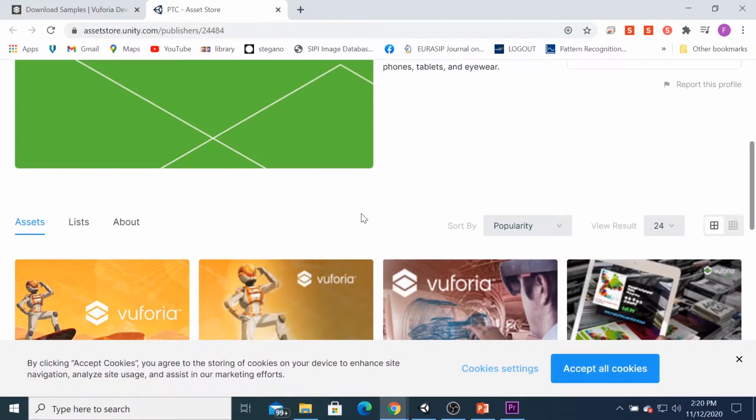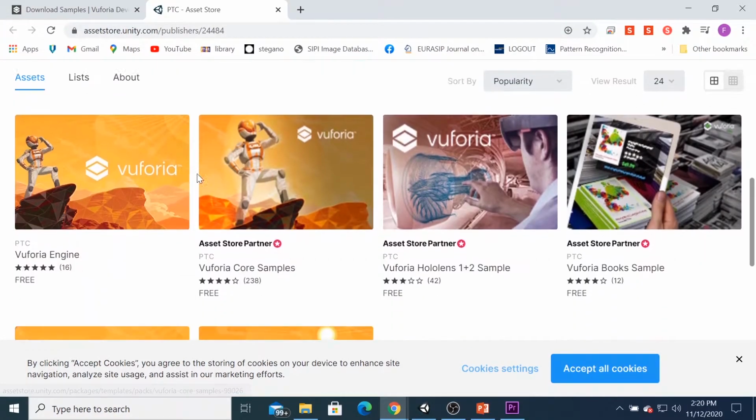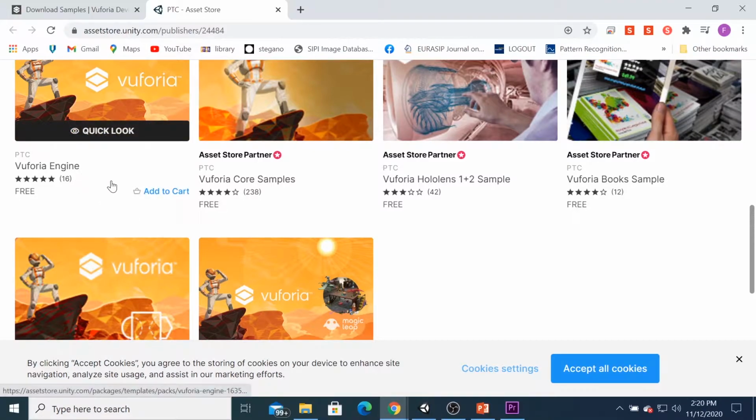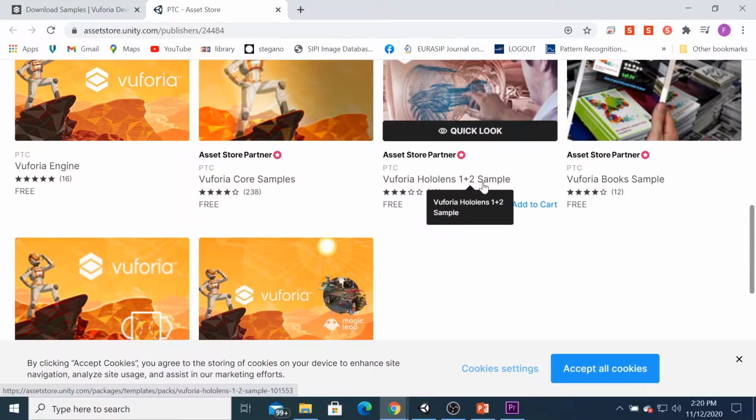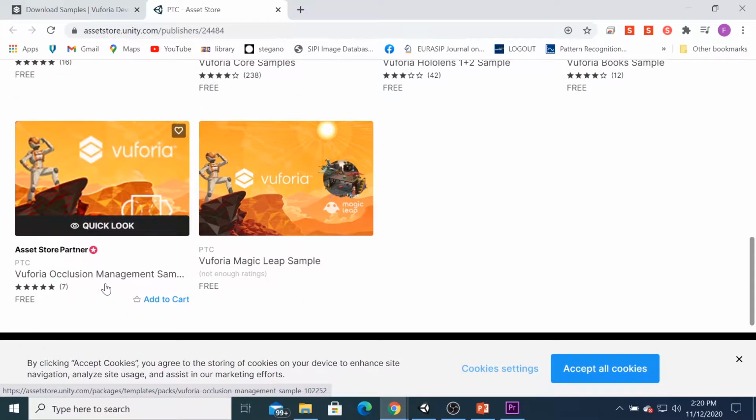If you look at the Unity Asset Store here, you can see there are Vuforia Engine, Vuforia Core Sample, Vuforia HoloLens, Vuforia Book Sample, Vuforia Occlusion, Vuforia Magic Leap Sample.